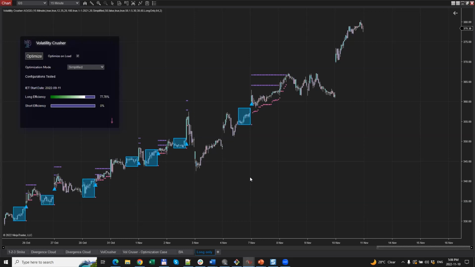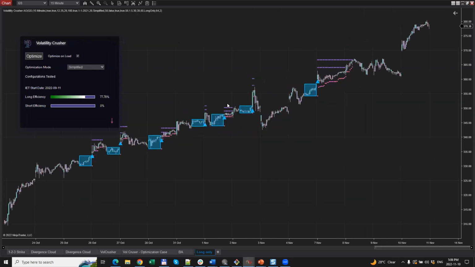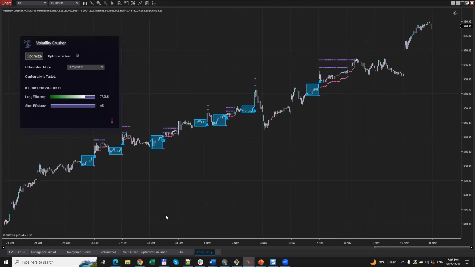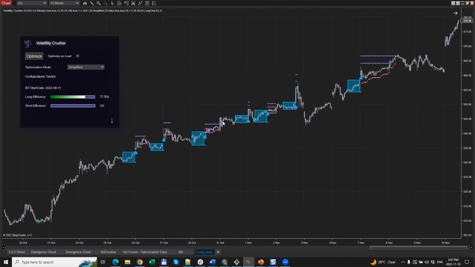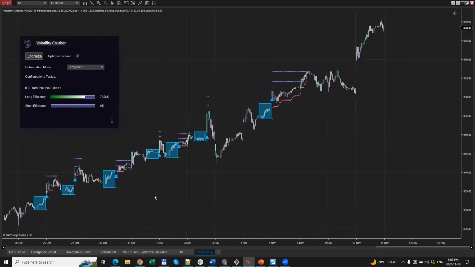A forward test is basically, we figure out what the optimal settings are, let's say on November 1st. So we come up with some settings which were optimal for November 1st. Then we applied these settings moving forward to see if the future performance from November 1st matches more or less the performance before this. Our results were very encouraging, they were quite similar. So we don't believe there's curve fitting in play.